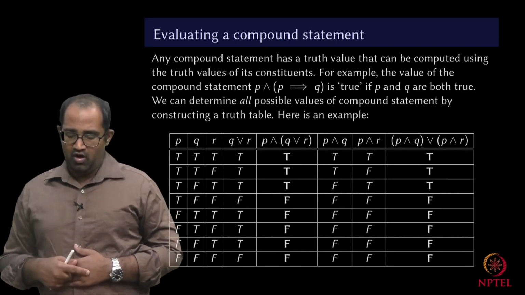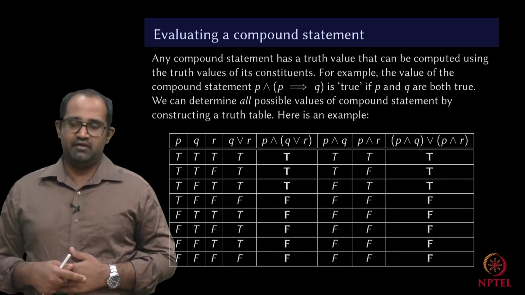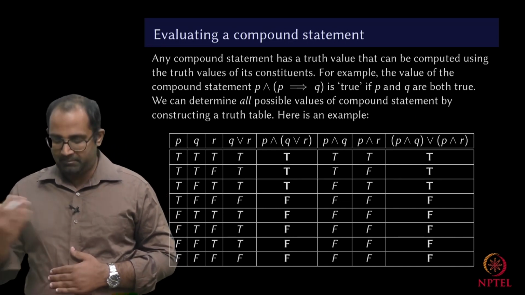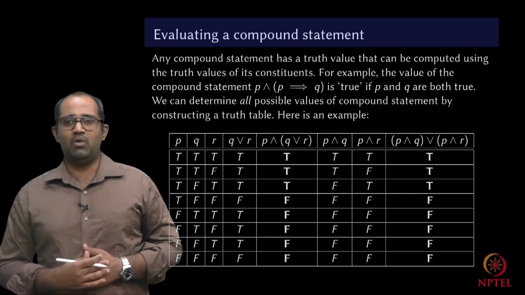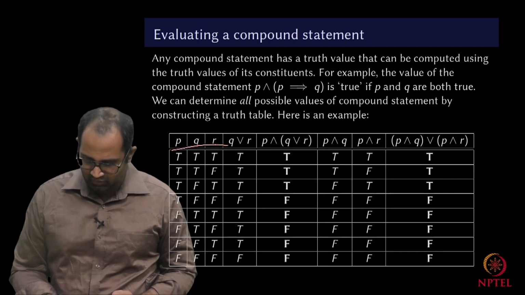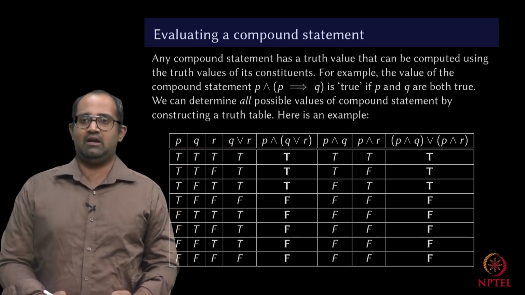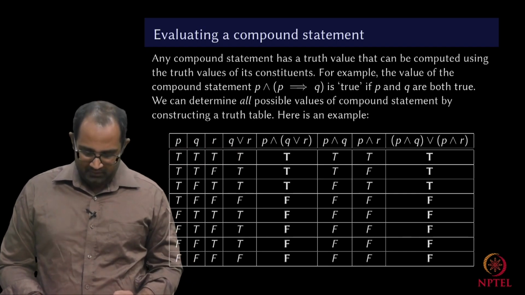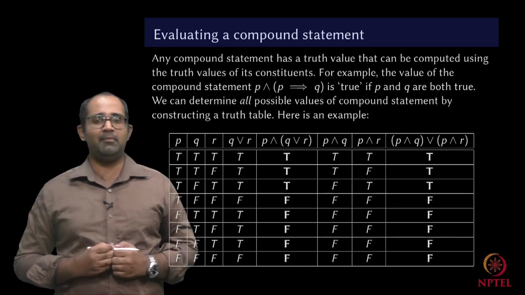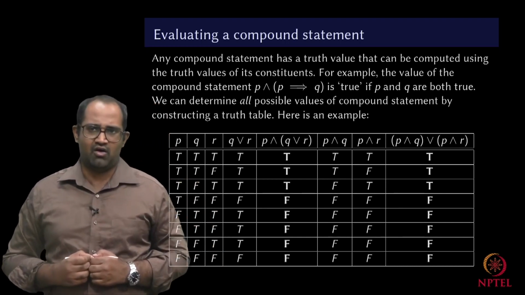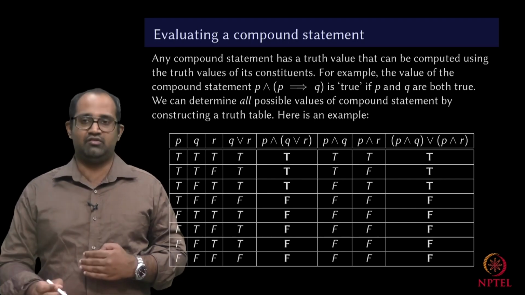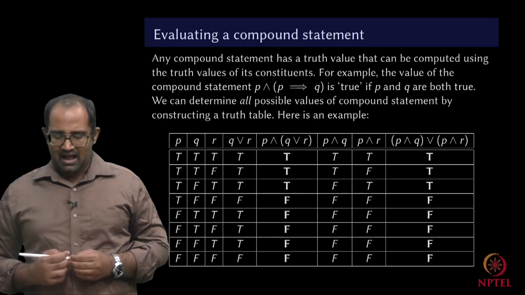So, here I have drawn an elaborate truth table for the very simple statement P and Q or P and R. So, what you have to do is you have to list out all possibilities for P, Q and R. There will be exactly 2 cube, which is equal to 8 possibilities. Best to list them in some order, either in increasing order or in decreasing order, whatever that means. So, I start with true, true, true, true, true, false, so on and so forth. Then I have various